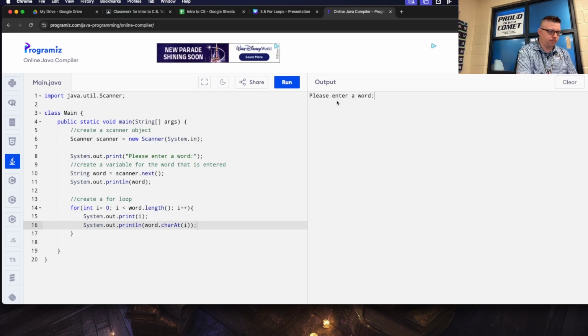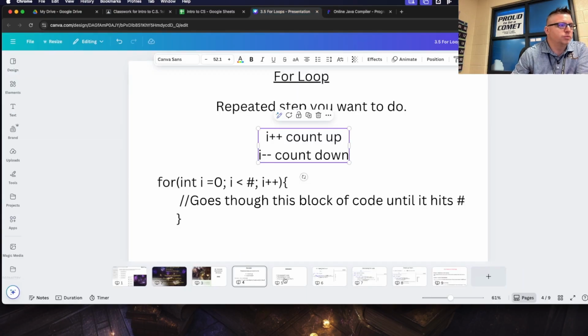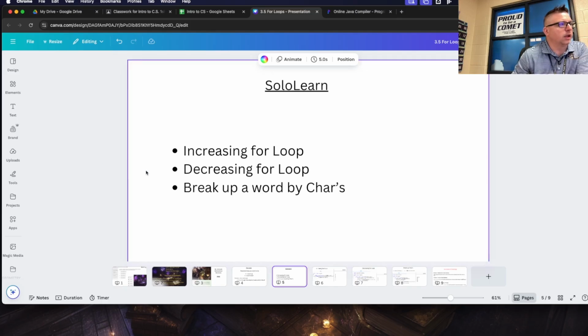Please enter a word. Let's do drive. Drive. 0 is D, 1 is R, 2 is I, 3 is V, 4 is E. Ooh, look at that. You are literally starting to establish a number for each character in your word. So that could be very useful for different types of things. So these are our for loops. So we can increase through a loop, we can decrease through a loop, we can break up a word by